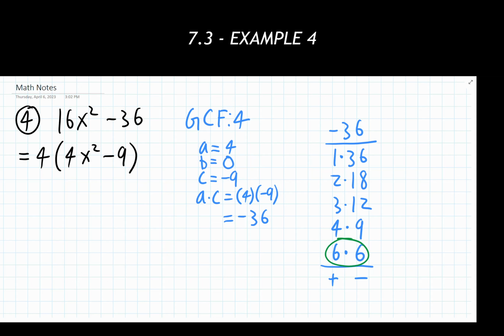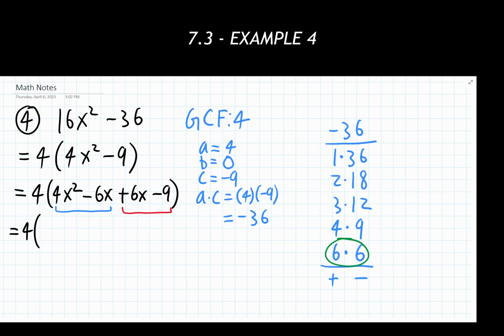So now we're going through the rest of our process. Step 4 says to split the middle term into those two values that we found there. Again, I recommend listing the negative first if possible. So get to that there. And now, just like we've done in the past ones, I'm using factoring by grouping. I'm looking at the first two terms, I'm looking at the last two terms, and I'm finding the greatest common factor between those. So between the first two terms, a greatest common factor looks like it's going to be 2x.